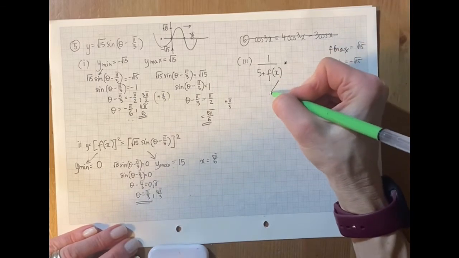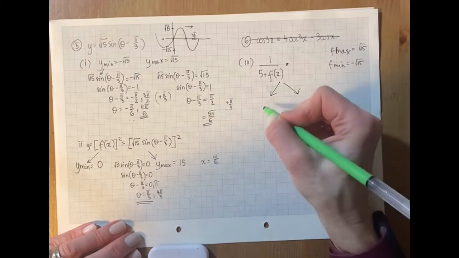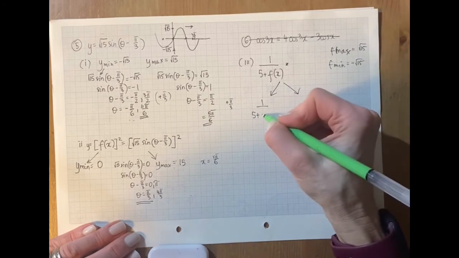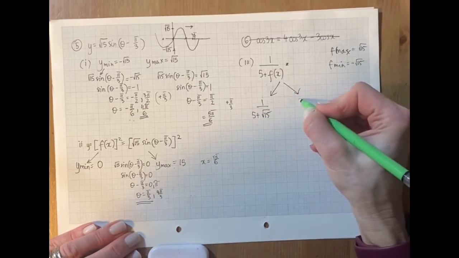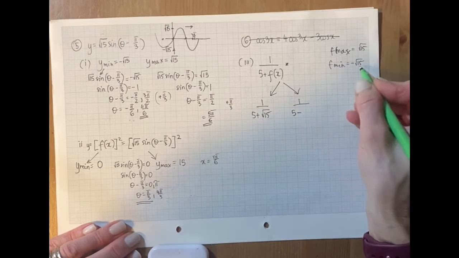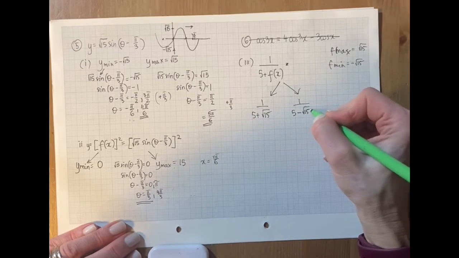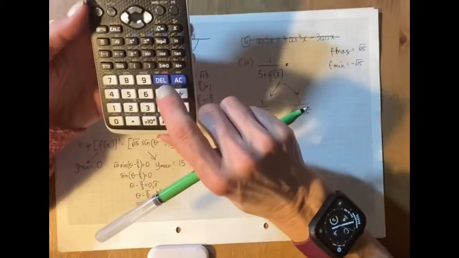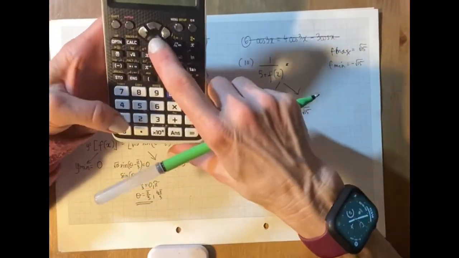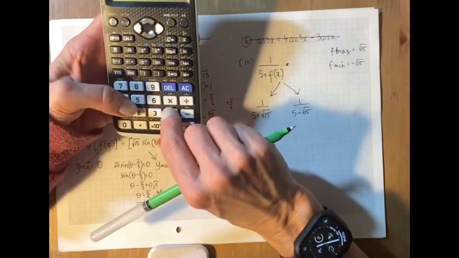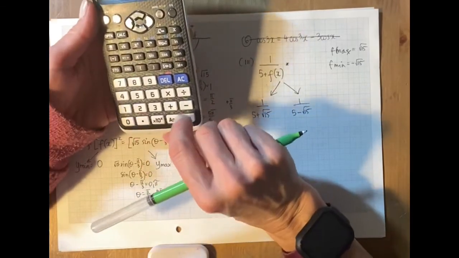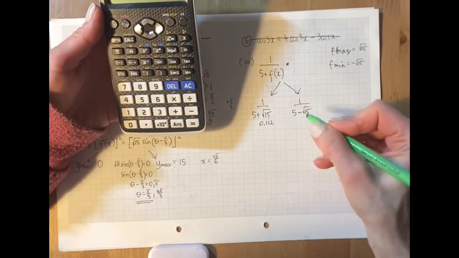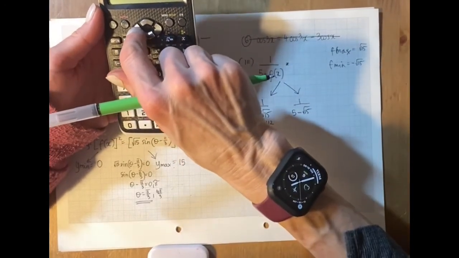So just consider 2 expressions, 1 over 5 plus whatever this one is at its maximum, and then 1 over 5 minus root 15, so you are adding the minimum, and then put it into the calculator. So this one is going to be 1 over 5 plus root 15, which gives me the answer of 0.112, and this one here, if I put minus,